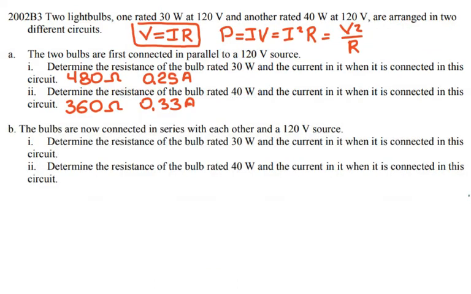For the next section, part B, they say the bulbs are now connected in series with each other and the same 120 volt source. Determine the resistance of the bulb rated 30 watt and the current through that resistor, and then the same for the resistance of the 40 watt and the current through that resistor. Because